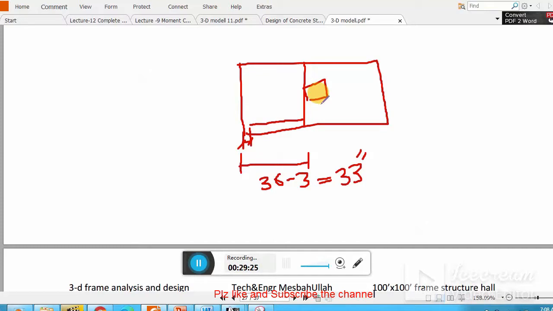Now you all know better that the bar must extend from the critical section. Remember, for any critical section, the bar must extend for a distance of Ld, the development length. For example, if you have a cantilever beam, in this case the bar which you place here, as